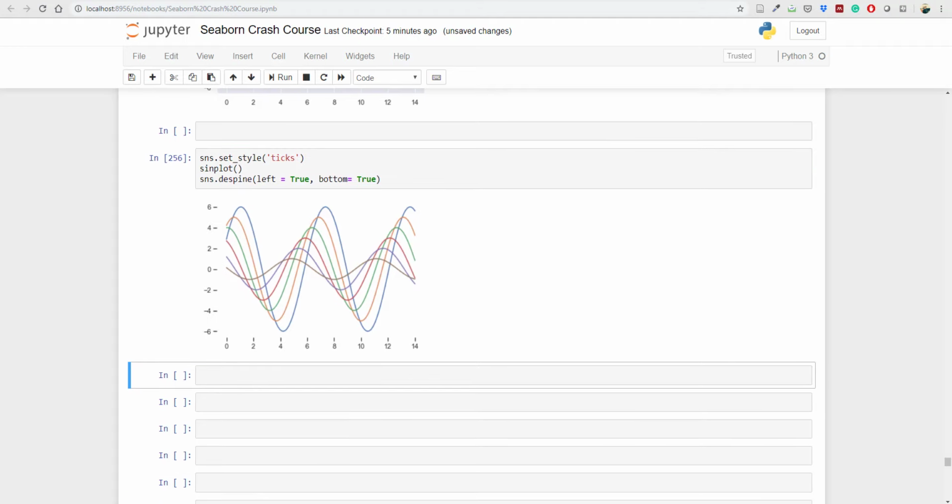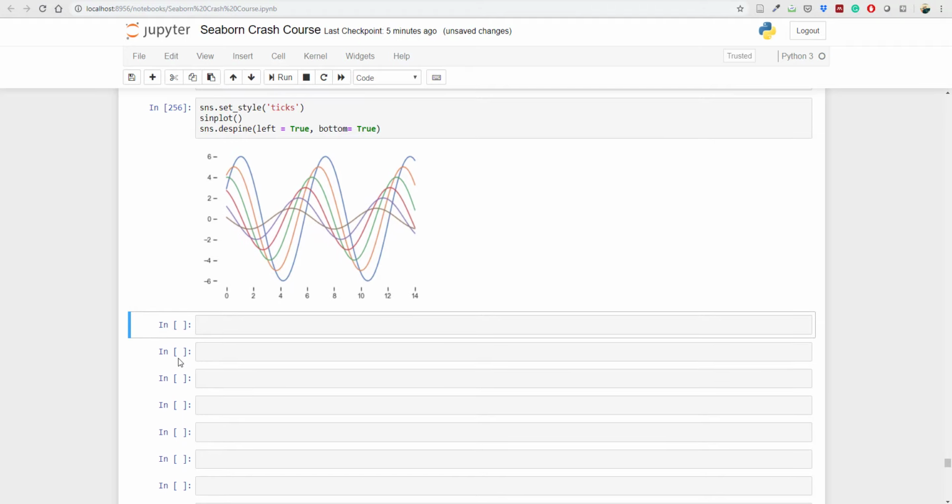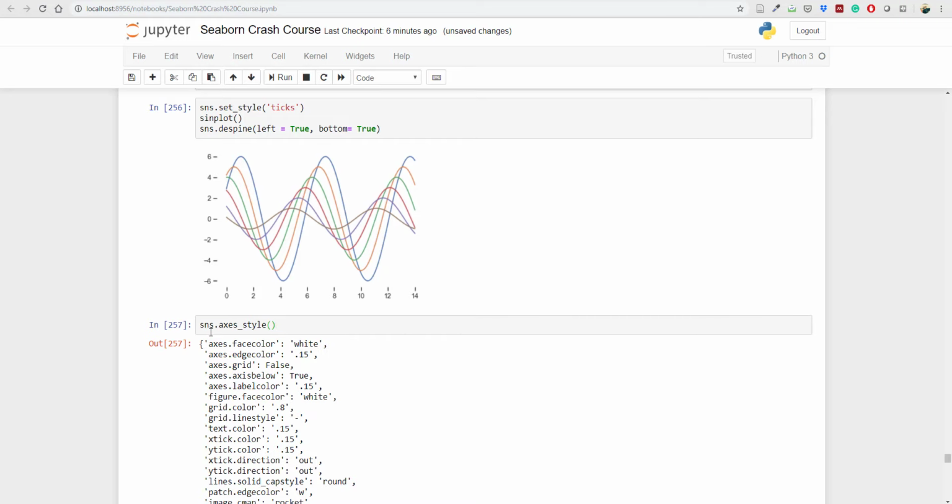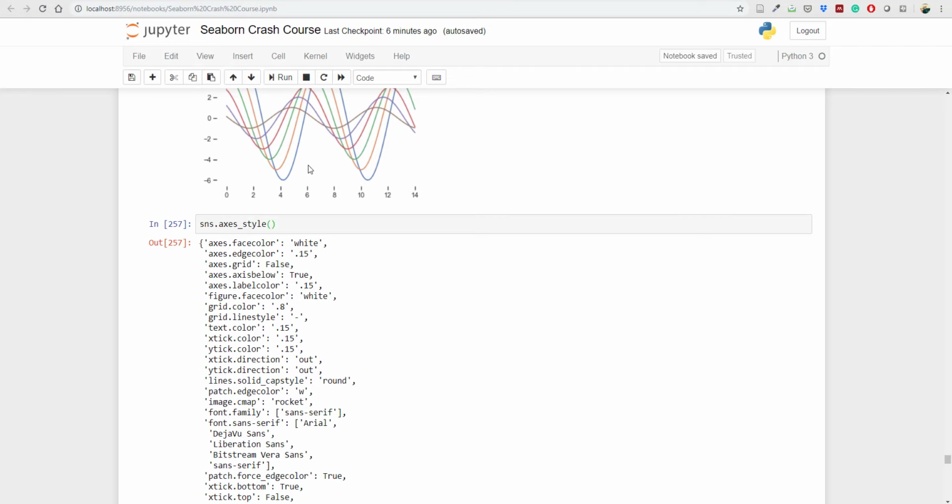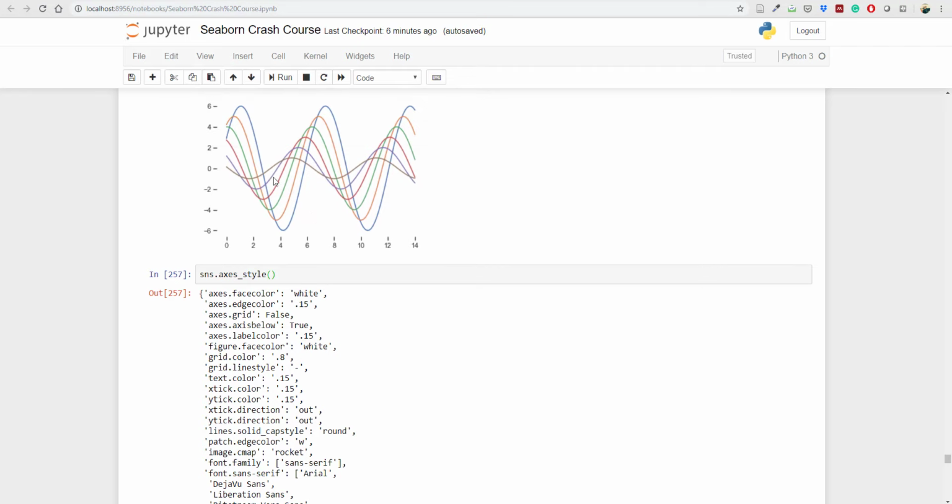Perfect. Now let's go ahead. This is how we can set it. Now let's see how we can override the elements of Seaborn. Do you understand the element? I mean any kind of element. How can we get those elements? We can just call here sns.axes_style. Now you will see here these are the current elements which are being set on our current plot. You see here it has axes face color white, edge color is 0.15,